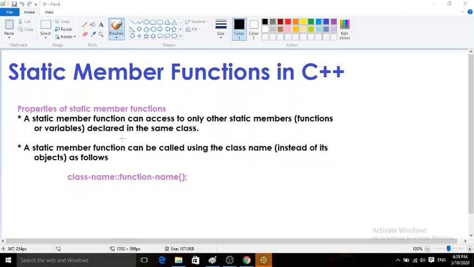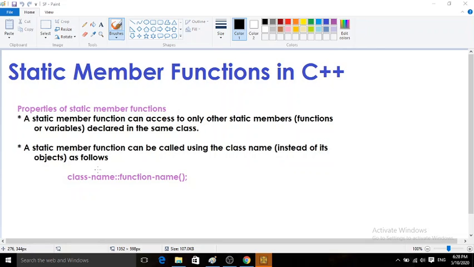A static member function can be called using the class name instead of its objects, as follows. If we are writing any function in a C++ class, we usually call that member function by using the object name and the dot operator. But if your member function is a static member function, you cannot call it by using an object name.